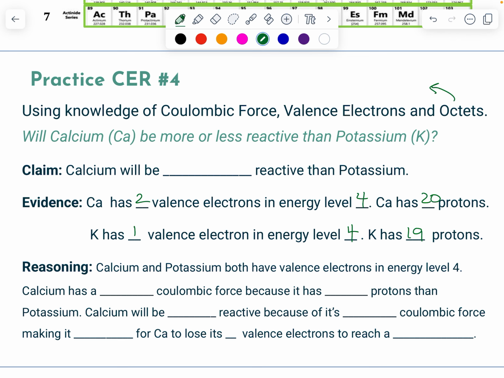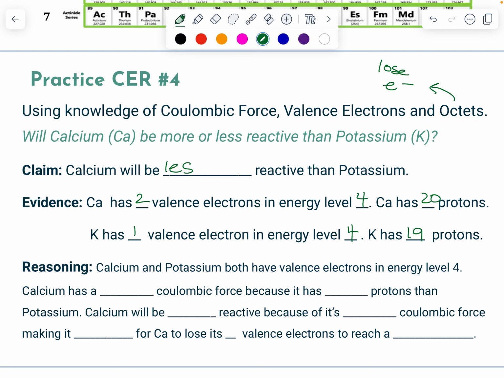to have to lose an electron. So it's either going to have to lose 1 or 2. Potassium has to lose less, and so it is going to be more reactive. But as we look at it, it also has less protons, which means that in that energy level 4, the force on those valence electrons is weaker. So potassium has a weaker Coulombic force because both of these need to lose electrons. That is going to make it so that potassium is going to be more reactive, meaning that calcium will be